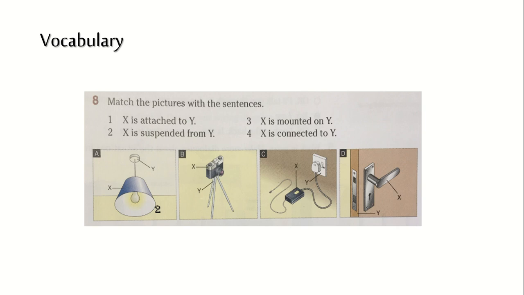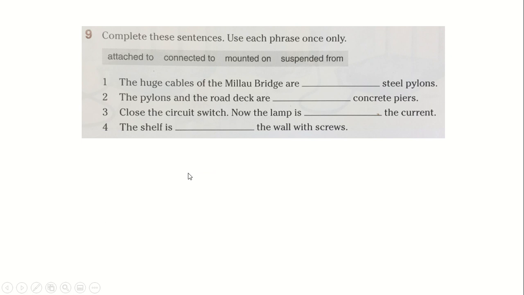2, very good. B, 3, excellent. C, 4, and of course D is 1. Good. Now, after we have practiced and understood the relationships between these, let's try to apply this to